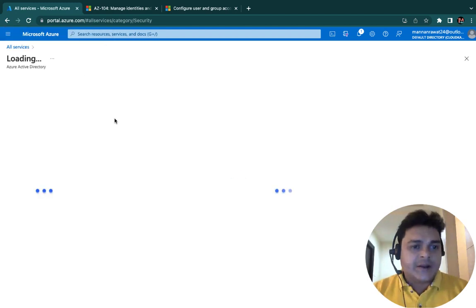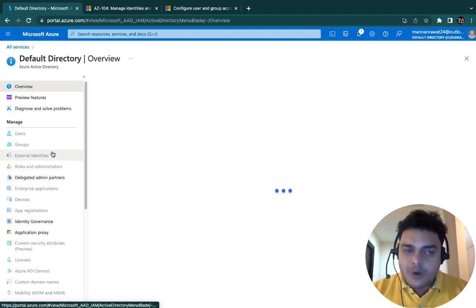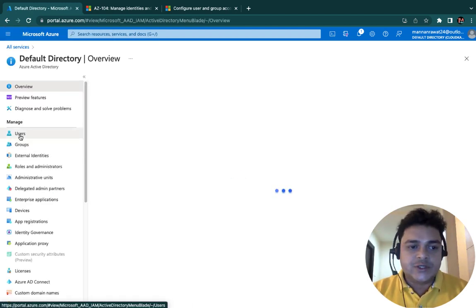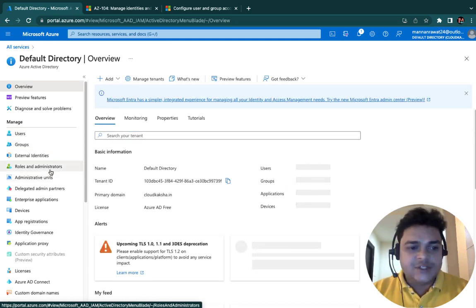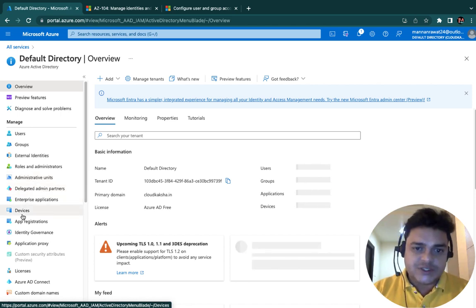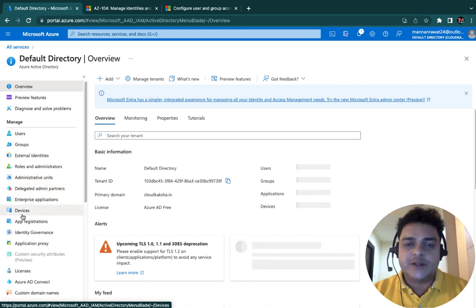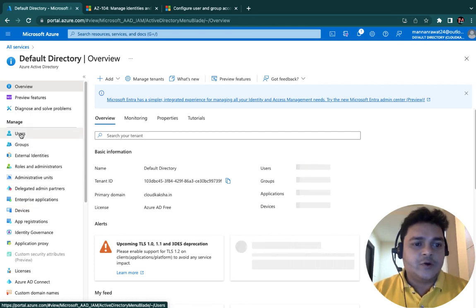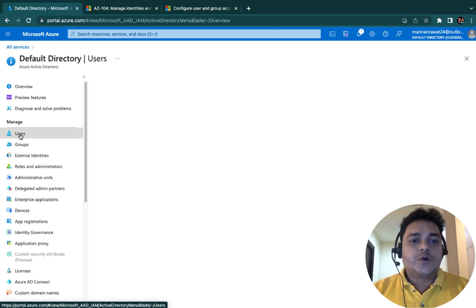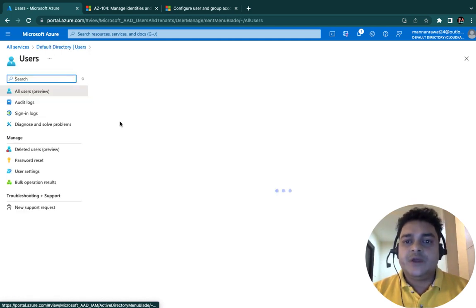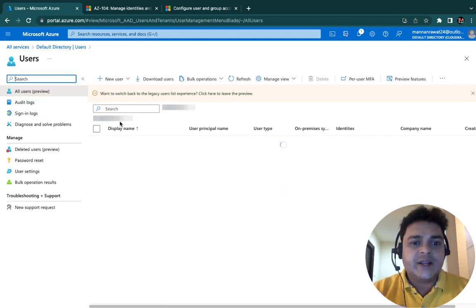In Azure Active Directory, we find a number of options like users, groups, external identity, roles and administrators, administrative units, and devices. Multiple options are available, but for this particular class we'll discuss only users and groups. Click on users and it gives you the information about the number of users that you created,